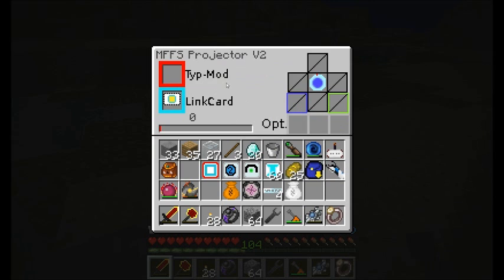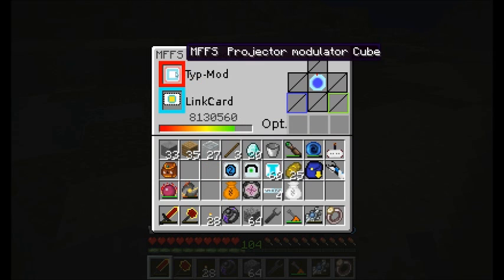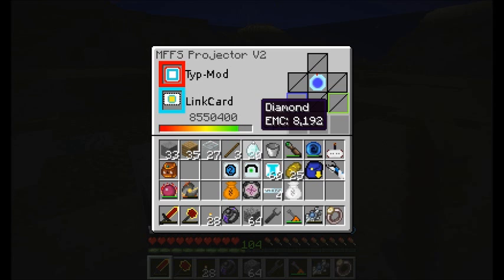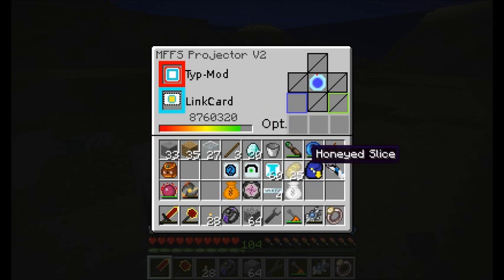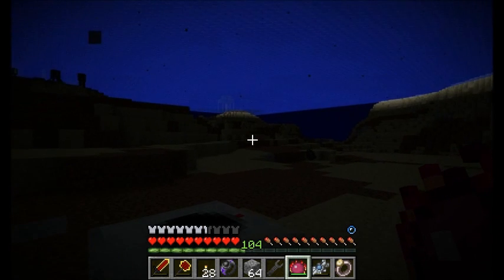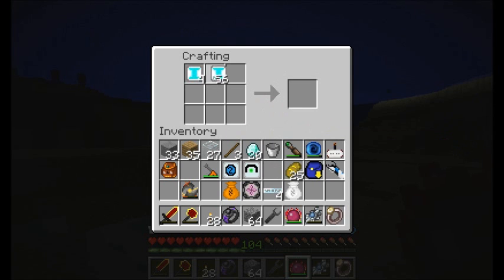So the link card, of course, is going to get this thing on and powered up. We're going to want to put it in cube mode. Okay, so this is going to create a cube all around the force field. I didn't bring any range upgrades, but I think I can make those relatively easily. You really only need range upgrades when you're dealing with the cube. So let's get that going. If I remember, what I want to do is something like...